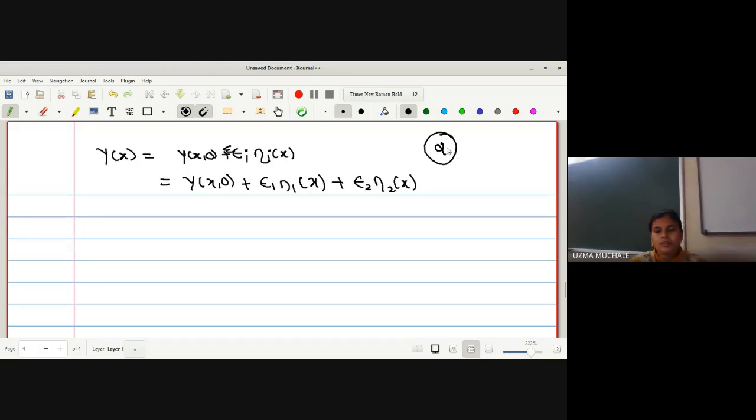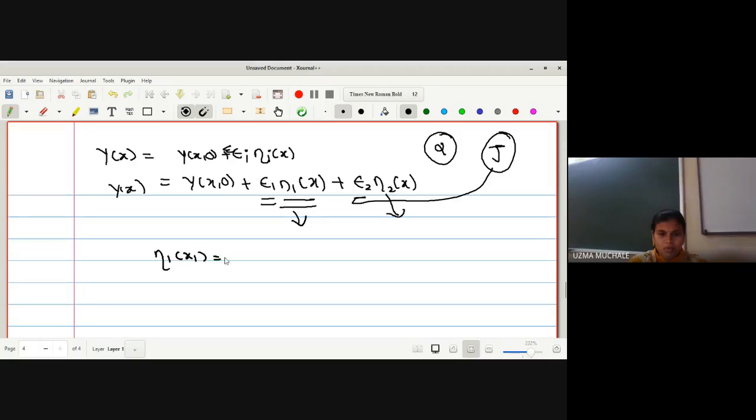For different values of alpha we get different curves. But here, for extremization of I, we should have another condition, J. So that's why we have introduced two parameters, epsilon 1 and epsilon 2. Now, if I want to use our basic lemma of calculus of variations, we must verify the conditions for eta i of x.